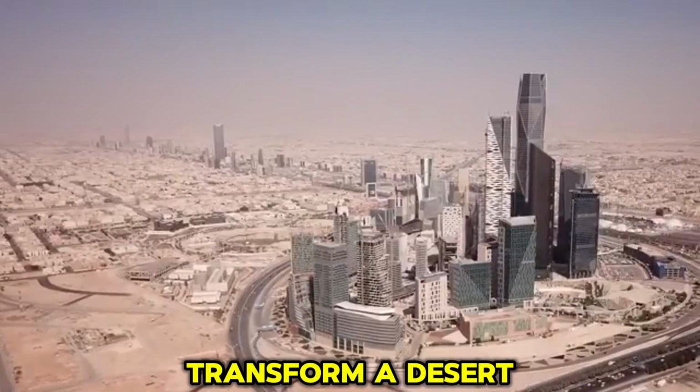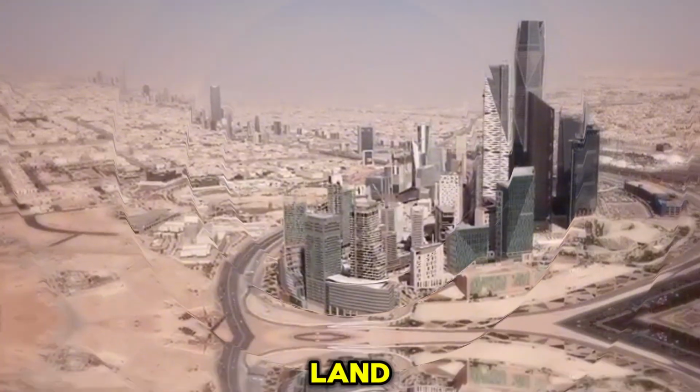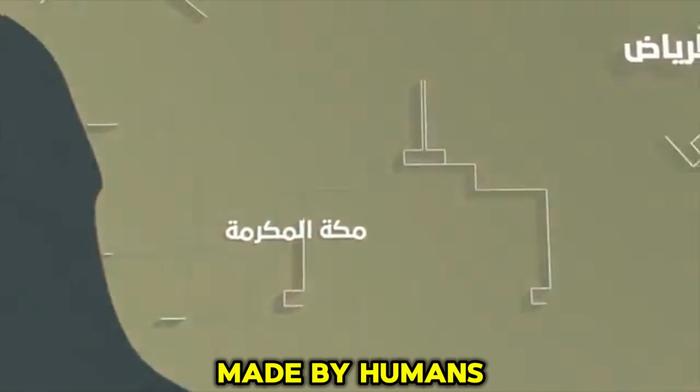The vision to transform a desert kingdom into a land with one of the longest rivers made by humans is